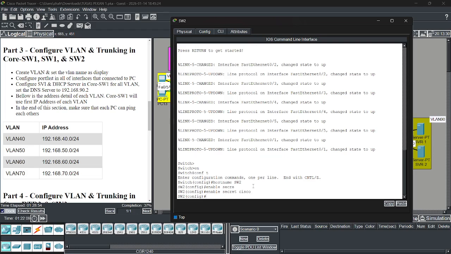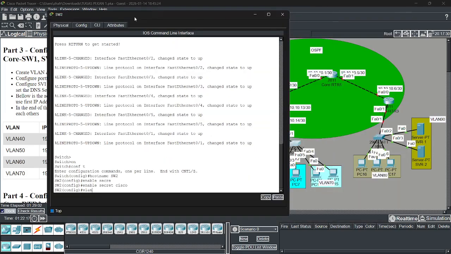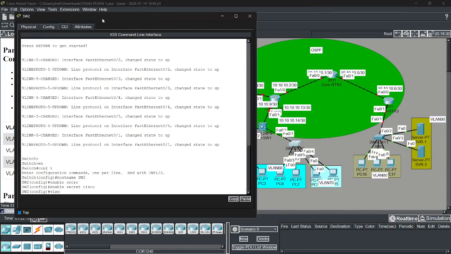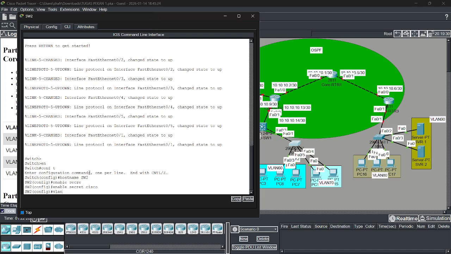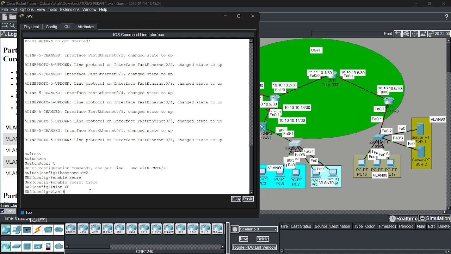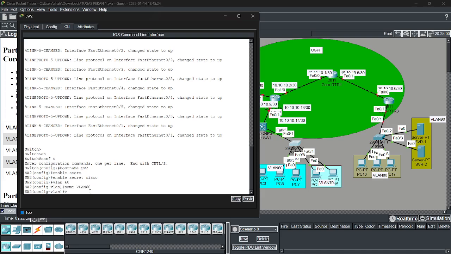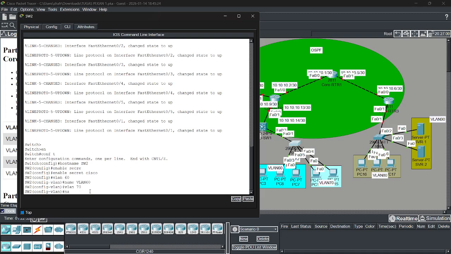Okay, we add VLAN 60, I guess, 60 and 70, yeah, 60 and 70. VLAN 60, name VLAN 60, and then VLAN 70, name VLAN 70.